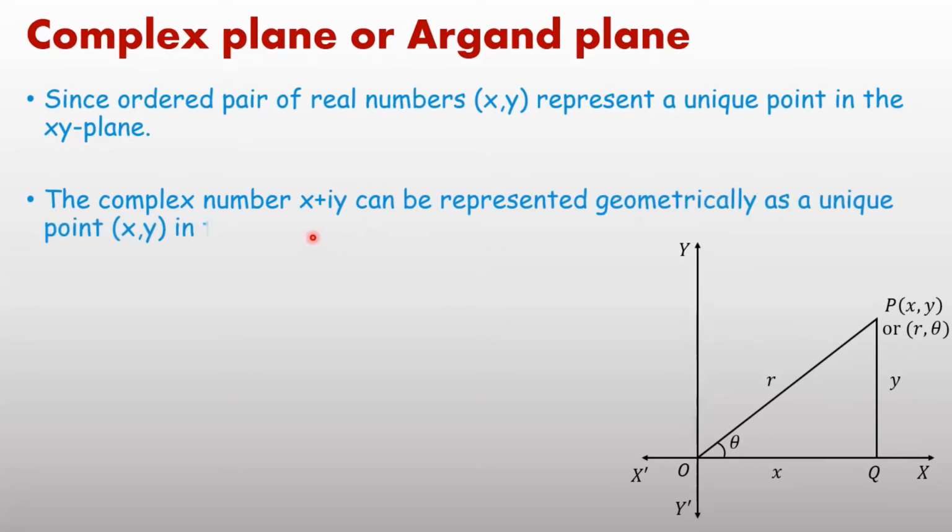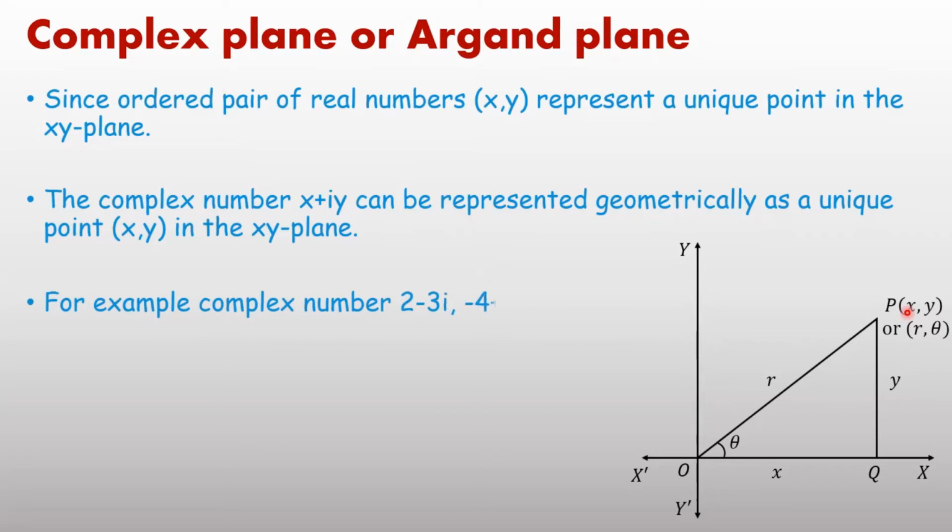The complex number x plus iy we can also represent on the xy plane with the help of x and y, because in x plus iy, x and y are real numbers. Therefore, a complex number is also possible to represent on the complex plane, like here the coordinates of P are written as x, y. If P is written as x, y on a complex plane, it means it is x plus iy.